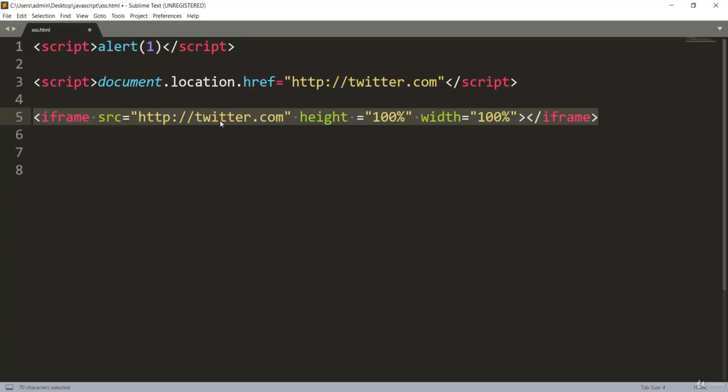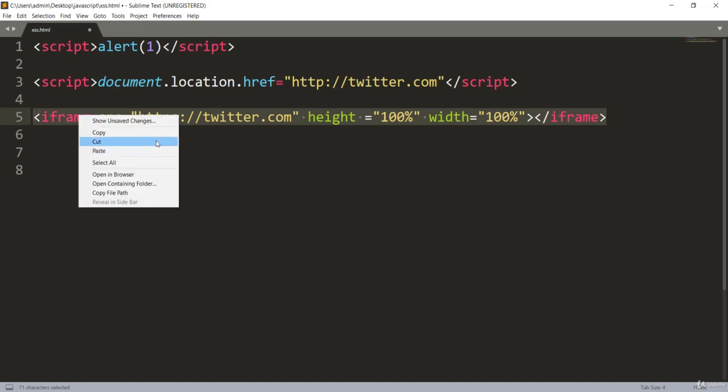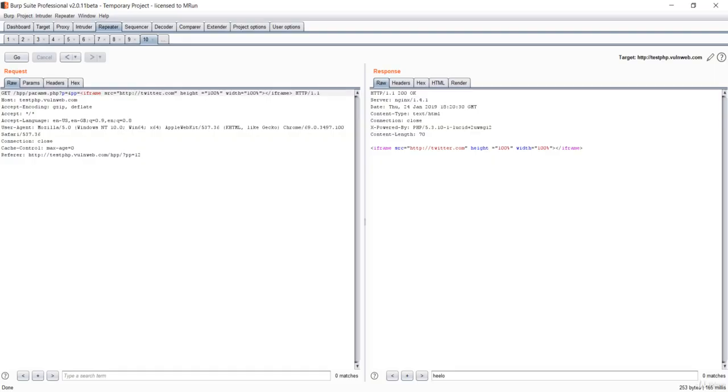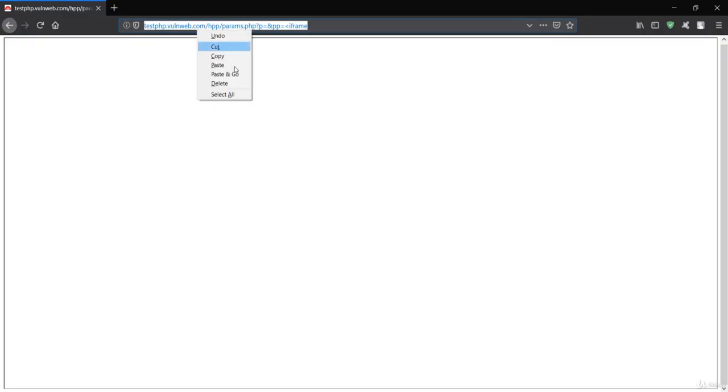So it is not working because Twitter must be HTTP, maybe. Let's see if this works. Let's copy this, go back to the Burp Suite, replace this real quick, Control V, paste it, press go, and see the response in the browser.